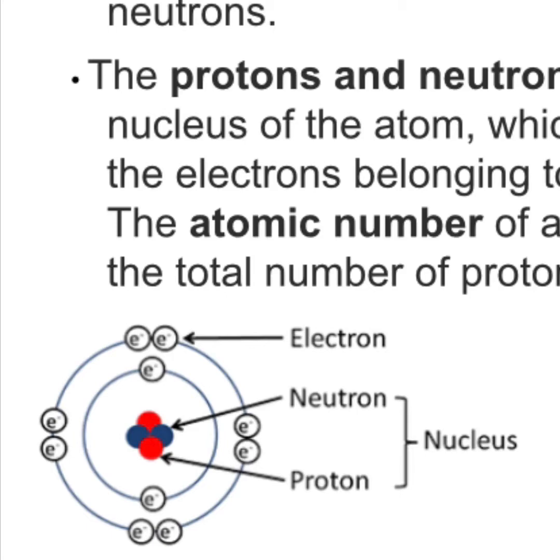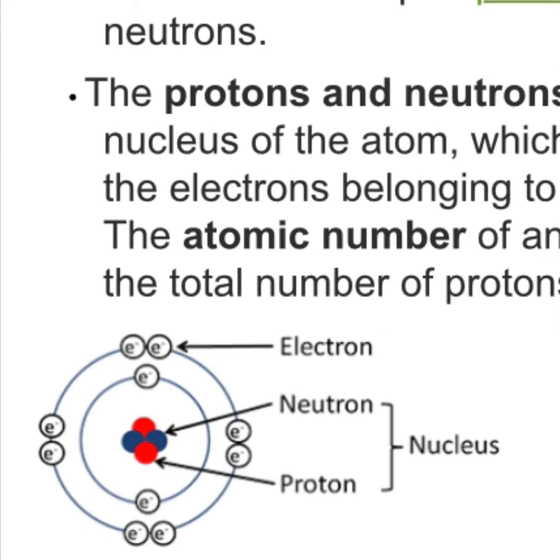We can compare the structure of an atom with solar system. In the solar system, sun is in the center, around which all the 8 planets revolve in fixed orbits. Similarly, in the center of an atom there is a nucleus which is made up of protons and neutrons. Around this nucleus the electrons revolve. Just look at the diagram carefully. This diagram is depicting the structure of an atom. You will study about structure of an atom, how it was discovered, in higher classes.